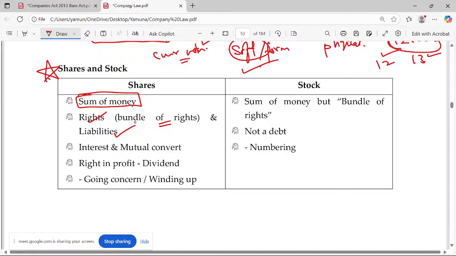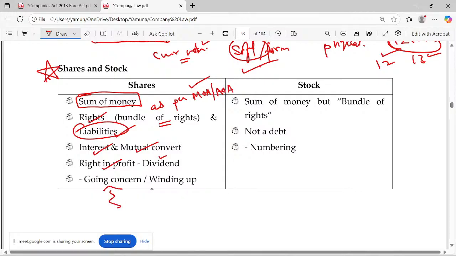When we talk about rights, we are talking as per MOA and AOA. Remember, we are talking as per MOA and AOA. What does MOA say? It's a company limited by shares, or limited by shares and guarantee, and accordingly your liability also changes. Is it okay? So interest and mutual convert, it's a right in profit, which means you can get the dividend,